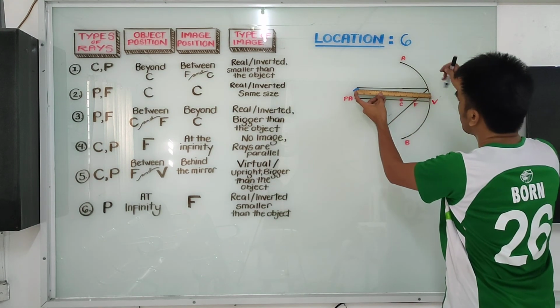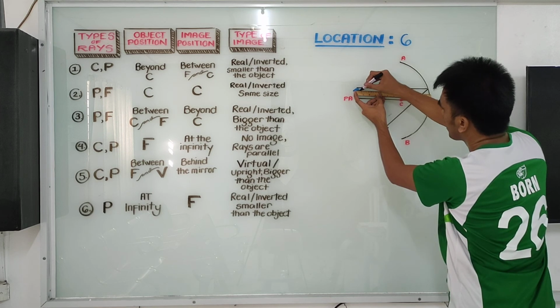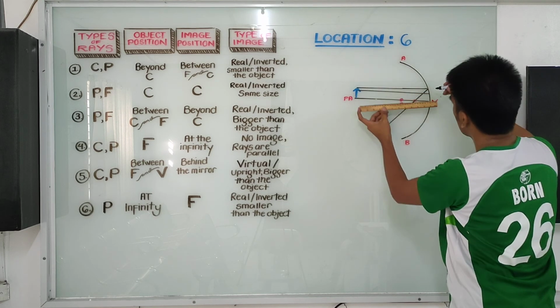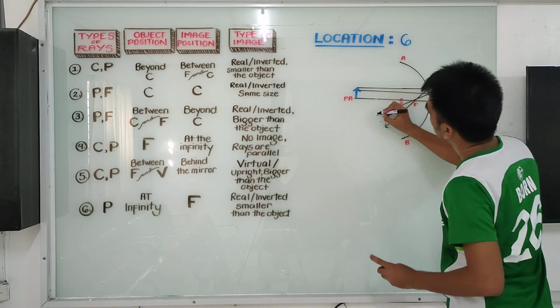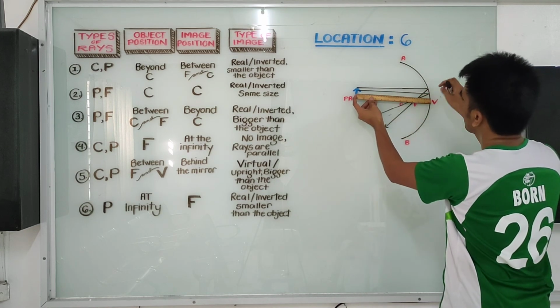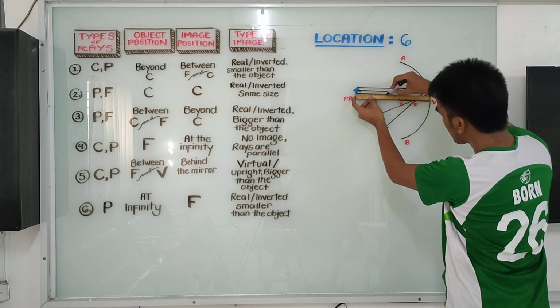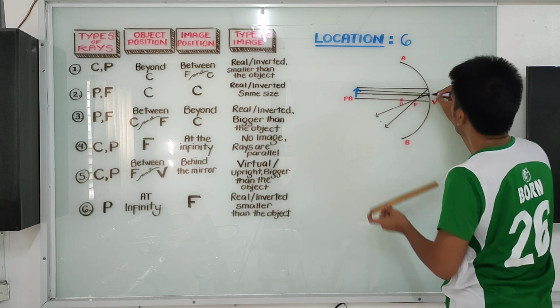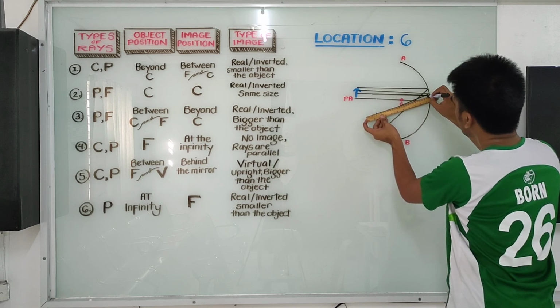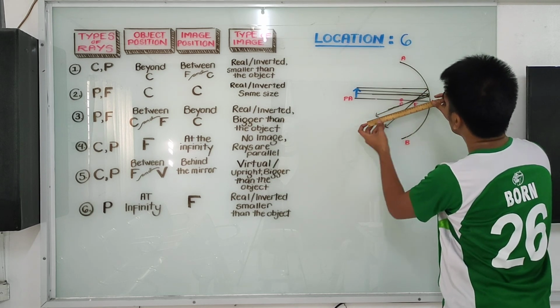So there will be no intersection of lines, but since we are only using principal ray, all of the incident rays are parallel to the principal axis,